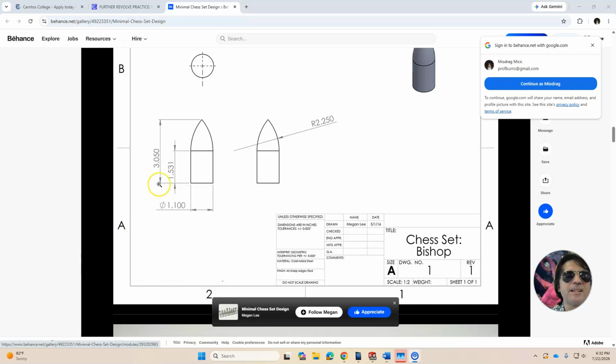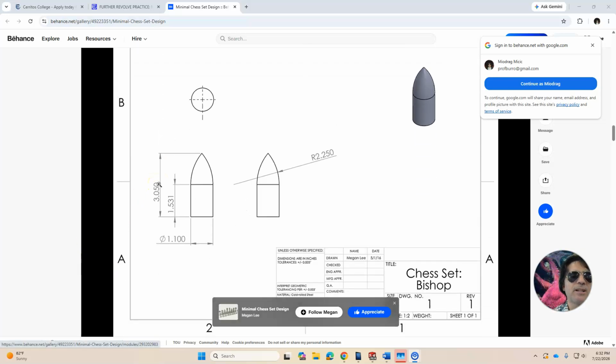So in today's exercise, we will make some pieces for a modern chess set, and here is a bishop. And actually, the head of the bishop is just a revolved segment of the arc. So let's start sketching it. So 1.1 diameter by